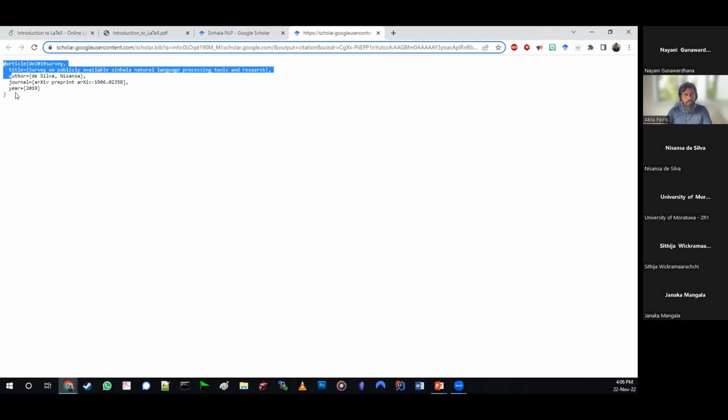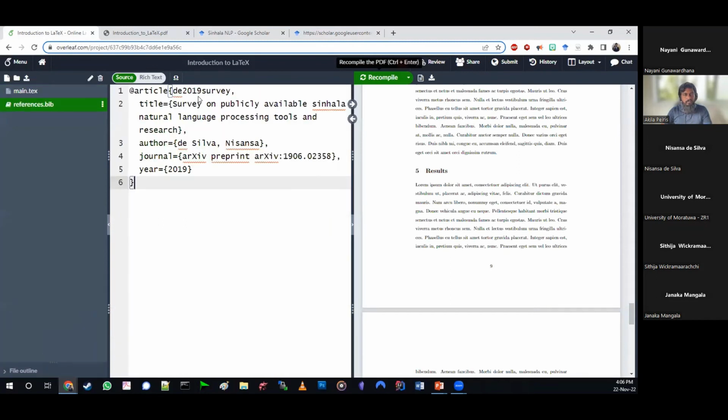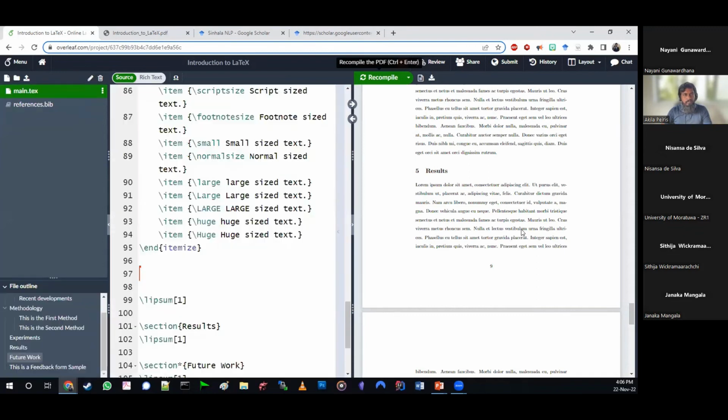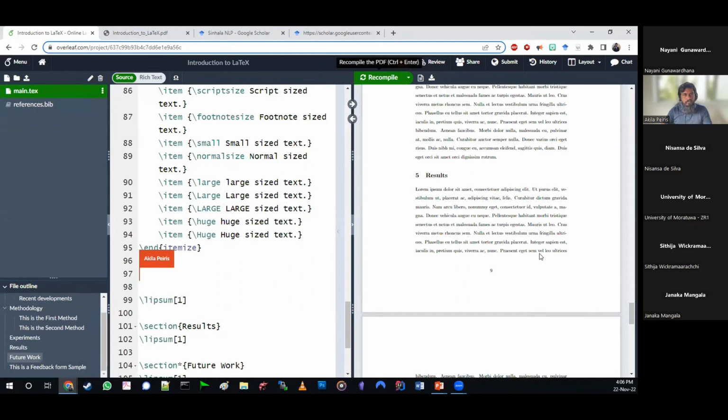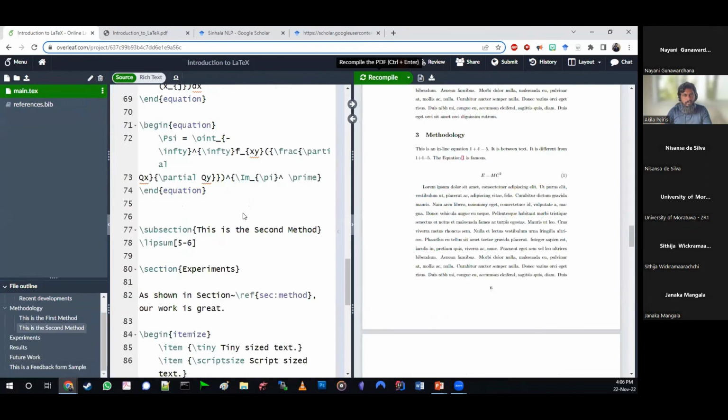You don't have to do anything, but just copy it. You copy it to your reference bib. And then you get the title of the bib entry that you are going to refer to elsewhere.